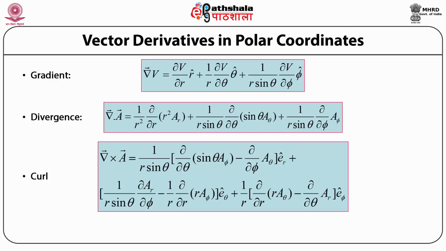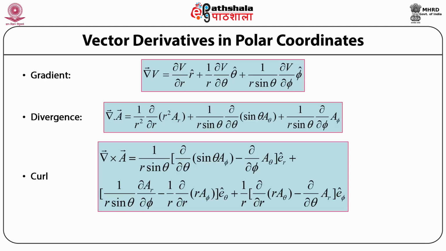Then let us now define the curl of the vector quantity A. So the curl, or the del cross A, is equal to 1 by r sine theta times (del by del theta of (sine theta times A subscript phi) minus del by del phi acting on A subscript theta) times unit vector e subscript r plus (1 by r sine theta times del by del phi acting on A subscript r minus 1 by r times del by del r of (r times A subscript phi))